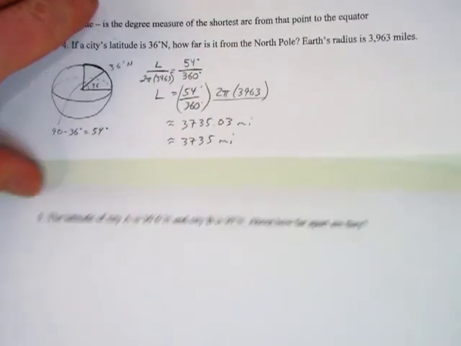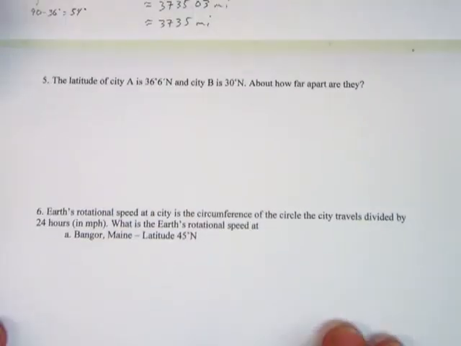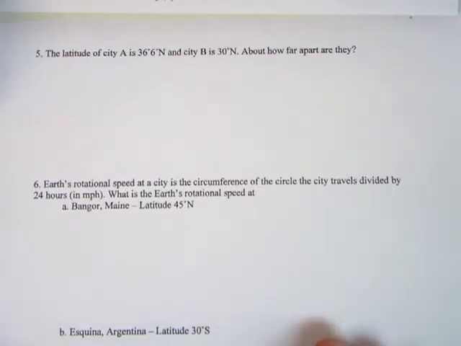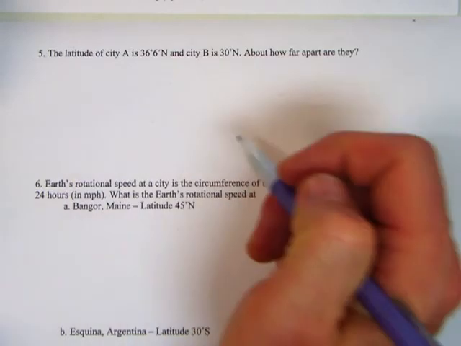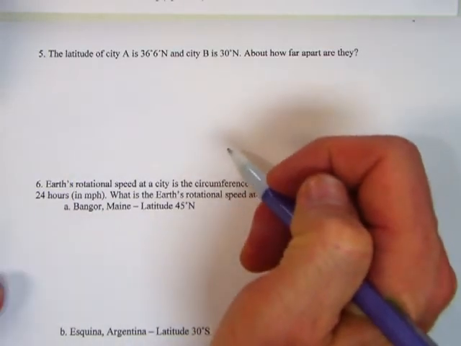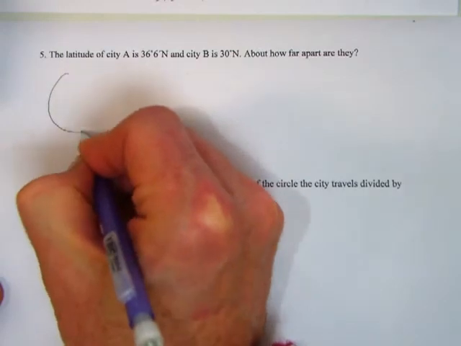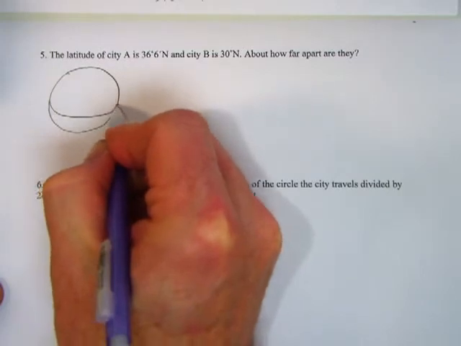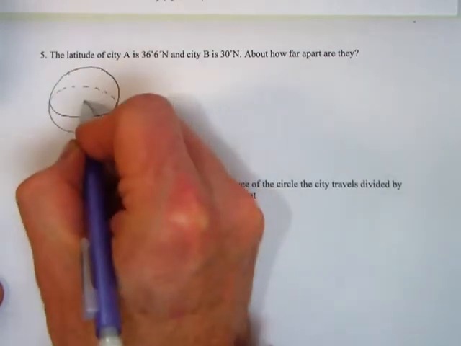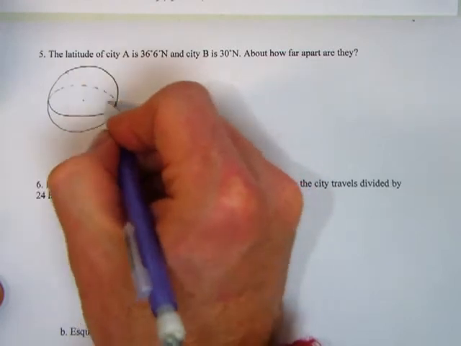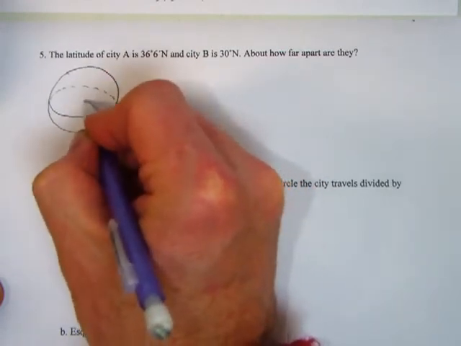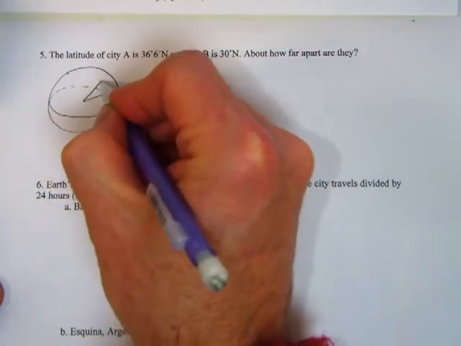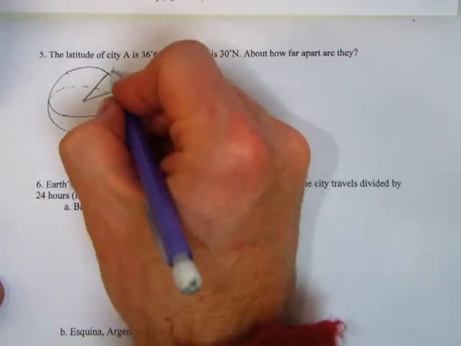Let's go on to the next page. The latitude of city A is 36 degrees 6 minutes north, and B is 30 degrees north. So how would we go about doing this? Let's sketch a picture again. We have a circle. We'll draw an ellipse in the middle, make the backside dotted. We're going to go from the horizontal, from the equator, up 30 degrees. That's city B. I'm going to make it a little exaggerated just so I can see it clearly. And this would be city A at